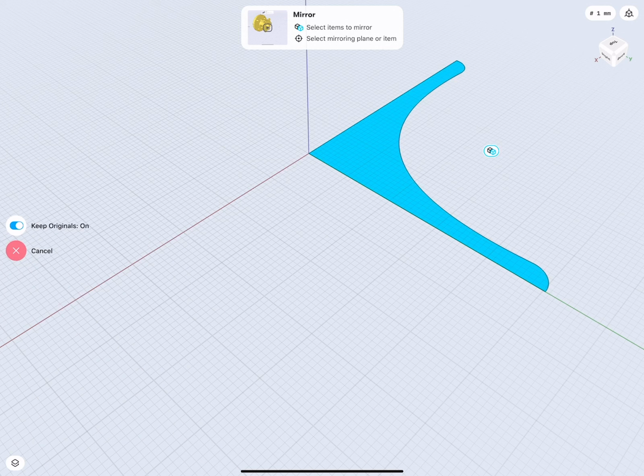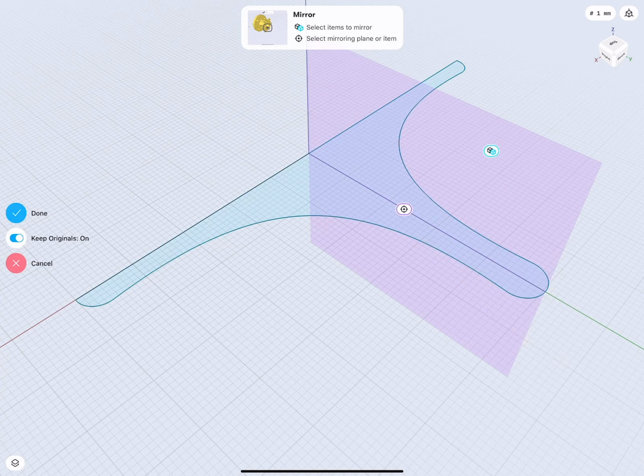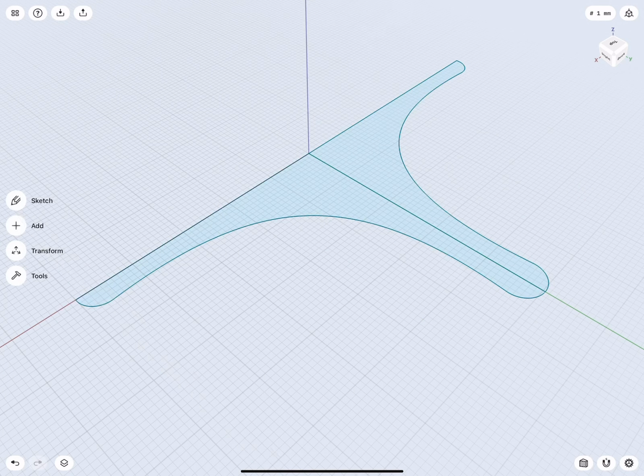and what's nice with the sketches is I don't necessarily need a plane, but I can also select an axis here, and it will create a plane about or through that axis. So in this case, I just selected the y-axis, and it created a plane of the YZ plane, for example. And now we can see half of this entire sketch coming in. If we're happy with that, just tap done to finish it off.